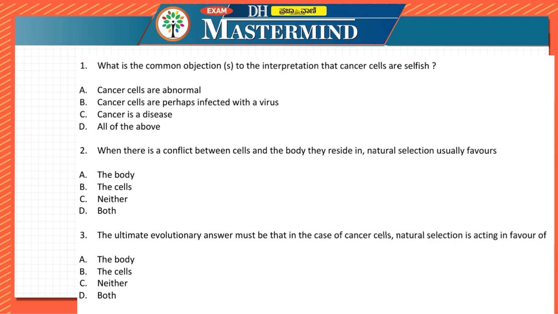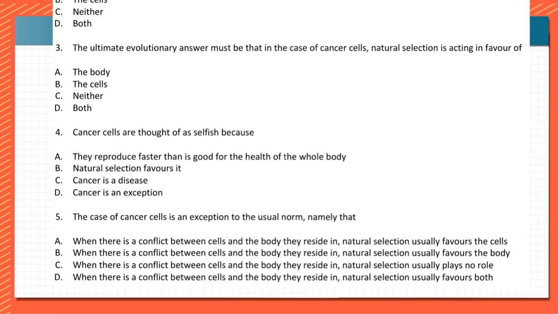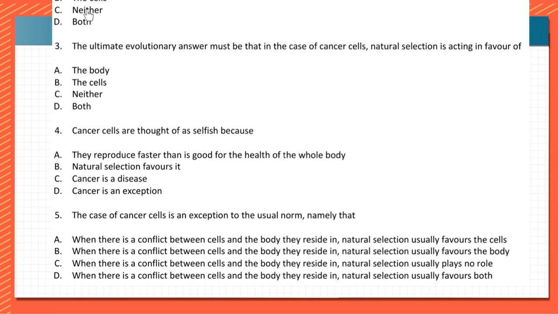So by far it looks to be a little simple passage, because you see the options are also similar and they are also simple options, that is the cells, the body, the cells, the body. They are mentioning only about that. So it should be a relatively easier passage for us.